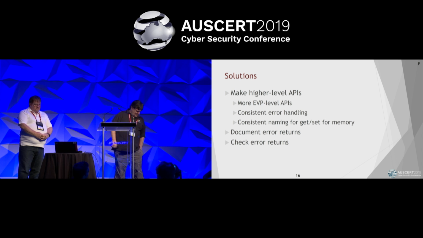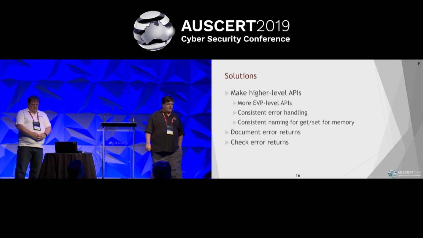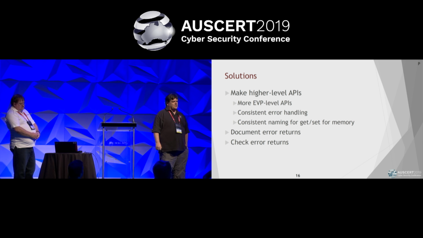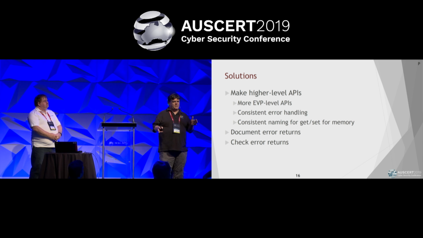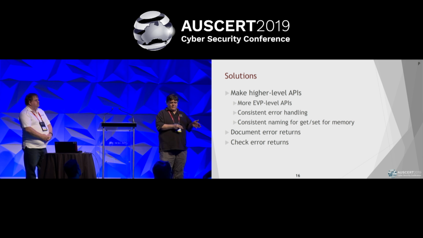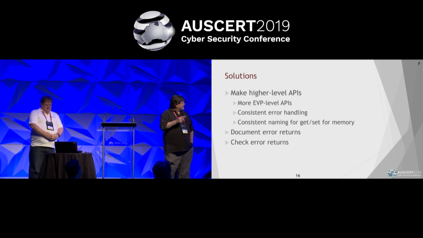Okay, so how are we addressing that? We're changing to only using higher level APIs. The low level APIs over time will disappear. The higher level APIs will gain the functionality they need to do what the low levels did before. The higher level APIs will have a consistent error handling because they're new, we can define this. Some of the low level APIs return a void. You don't know if it worked or not. It just ran. So yeah, consistent error handling.